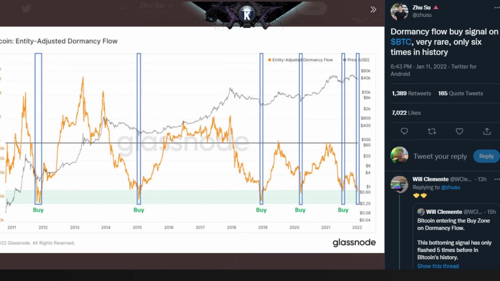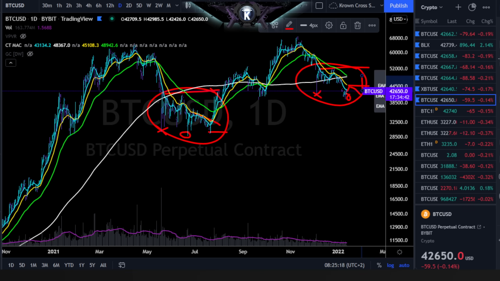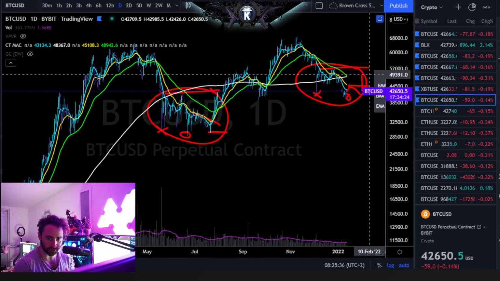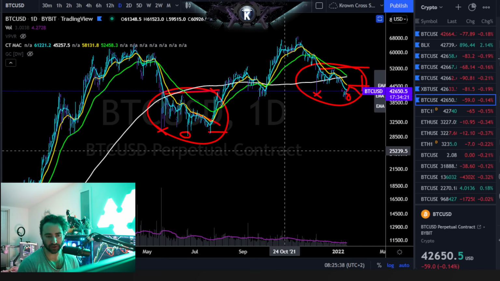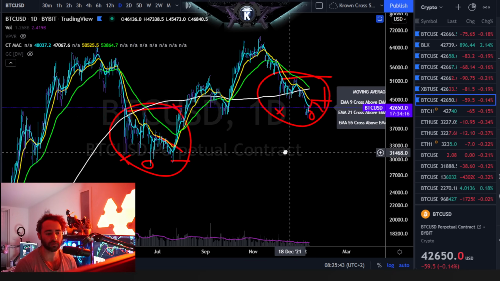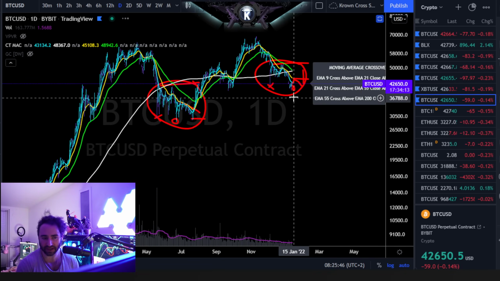And you see that is just dipping its toes into this region for the first time in a very long time. Again, do I put that much weight on on-chain metrics? No, I don't actually. But what I do put a lot of weight on is price action. And if it's present on price action, present on the underlying market dynamics, present on more tangible things, specifically open interest and flow data as well, of which we did see some major outflows on the exchange net flows, as we alluded to earlier, then there might be some merit to it. At least it seems to me like it would have a little bit of confluence. And overall, if this relationship does hold through and Bitcoin does find its lows over here,